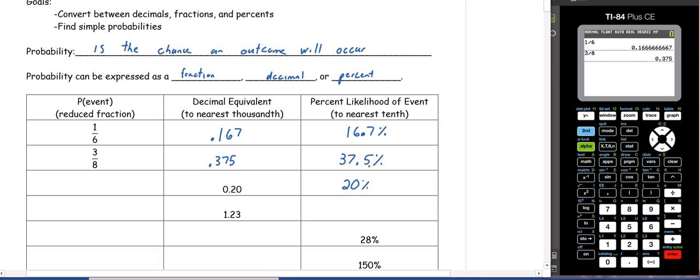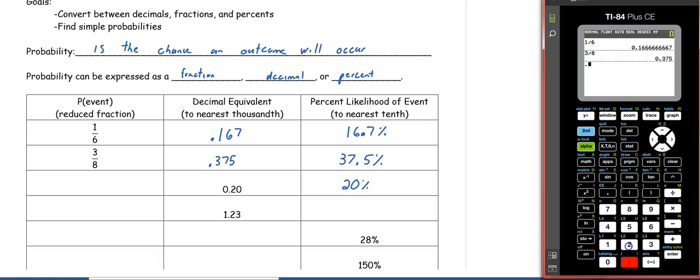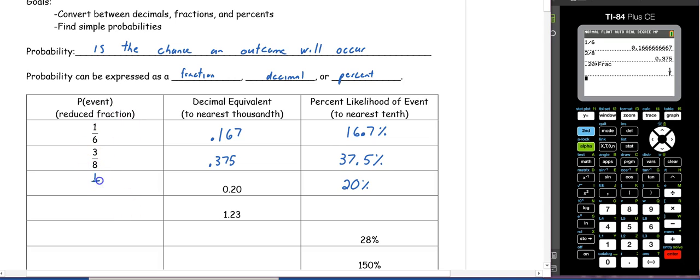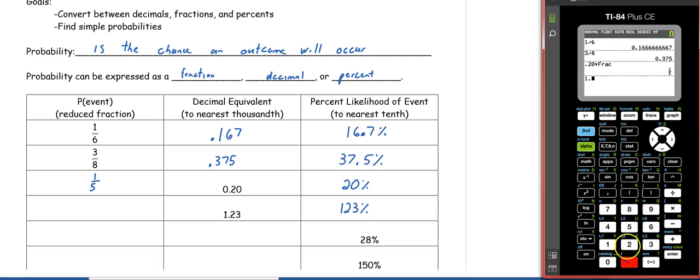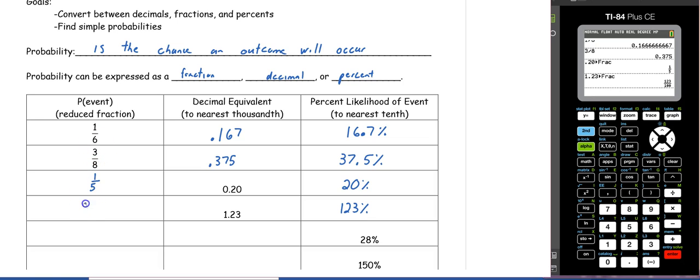To get the decimal to become a fraction, what we're going to do in the calculator is type the decimal 0.20, and then we're going to hit math, enter, enter, and we get our reduced fraction, which is 1/5. So if we have the decimal 1.23, when we move the decimal 2 places to the right, we get 123%. Remember, percents can be over 100 sometimes. And then to get this as a fraction, we're going to do 1.23 in the calculator, hit math, enter, enter. So our reduced fraction is 123